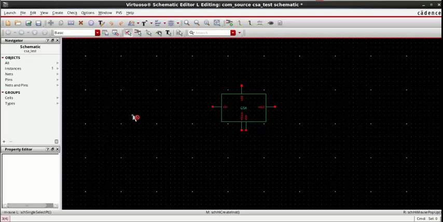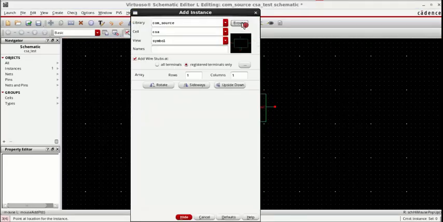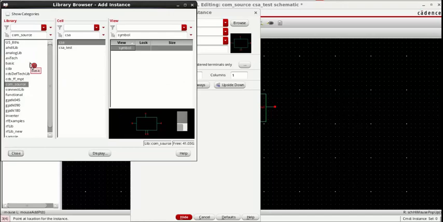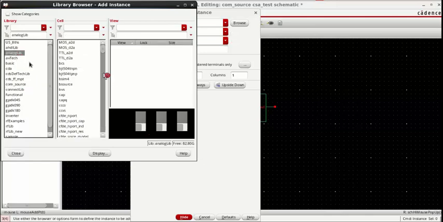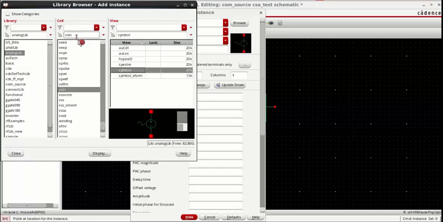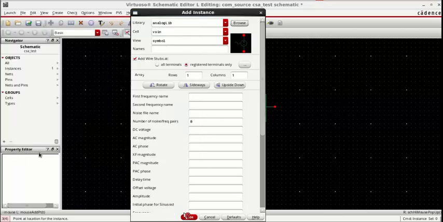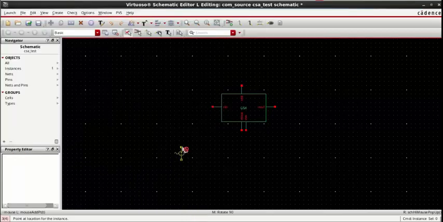So first we will take all the sources. Let's press I, browse. First, for input V in, we want a sine wave. In which library will that be? Like in the inverter, all this will be in the library analog lib. Okay, we'll go to analog lib. First we'll take the V sin, so we can type V sin here. For input I am going to take a sine wave. So V sin is selected here, and you can see the symbol is coming on this side. Close, hide, and here we will paste.